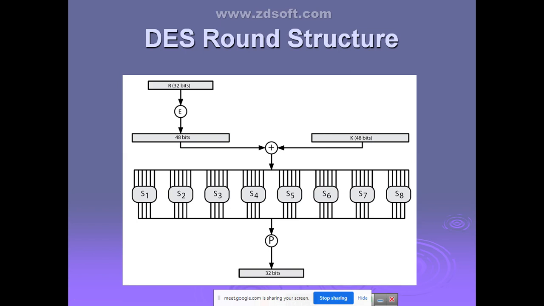Correct? It is going to take 6 bits as the input and it is producing 4 bits of output. 8 times 6 is 48, so to represent 48 bits, 8 blocks are taken. The 8 boxes take the input of 6 bits, and once it is passed through the S boxes, it is producing 4 bits of output. 4 times 8 is 32. So only after passing it through the S boxes it is producing 32 bits of data.